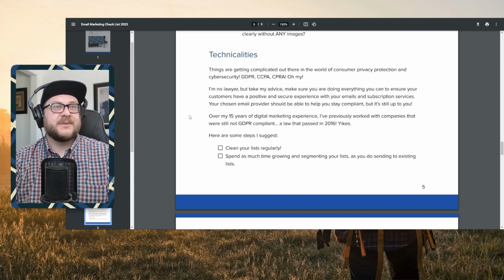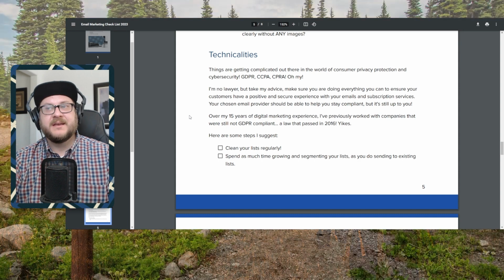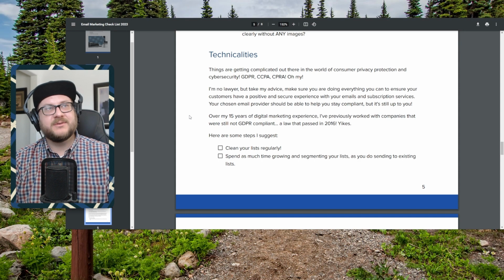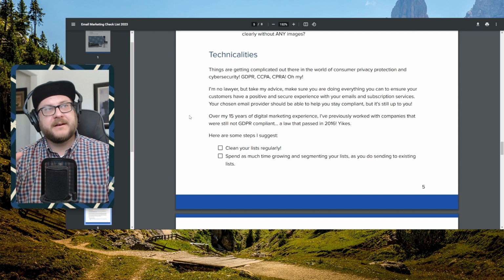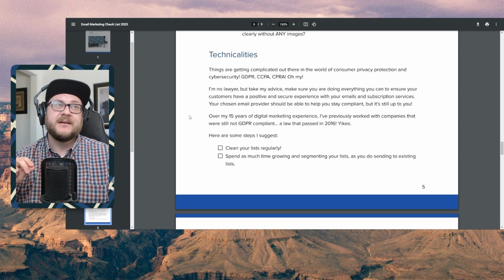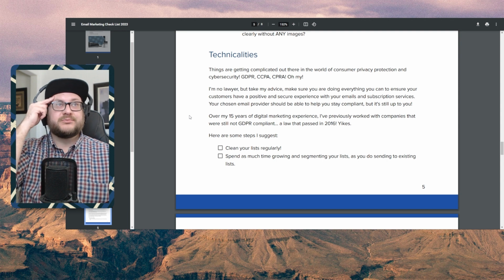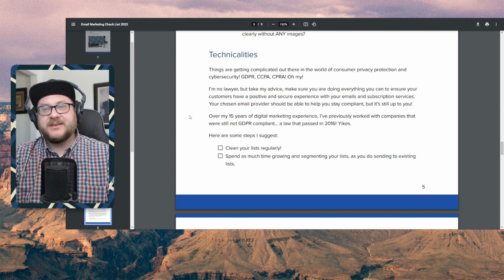Now with the California privacy laws in place, and hopefully soon US privacy laws, if you're not compliant with those, people can report you and you can get fined and all sorts of things. Understanding how your lists and those laws apply to your emails, you need to be compliant. You have to be, because I've shown up and they're like, well, we don't really know how to do that. I'm like, oh man, you have to be.